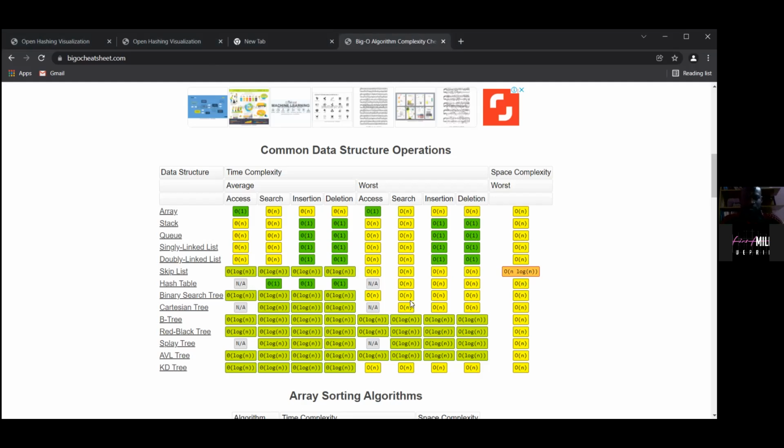Now, back to what I was saying concerning looping through 1 million data stored in an array. If you use binary search to search through that same number of items stored in the array, you are going to do less than 20 operations.